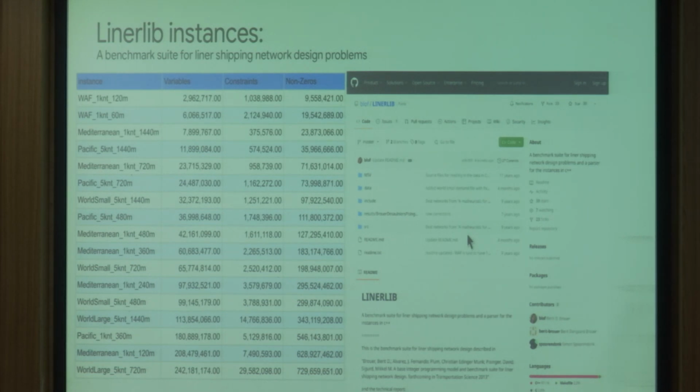Why would you look at these problems? Actually, these problems at the top, the smallest ones, you can solve them. And what happens with those problems, and it's very similar to the situation in the mining problem, is that the hard part is solving the LPs. After you solve the LPs, you do a clever rounding heuristic, or if you even let branch and bound go, you'll get solutions within 1% of the LP bound very quickly and very easily. And you want to do that. You want to get the nice solutions.